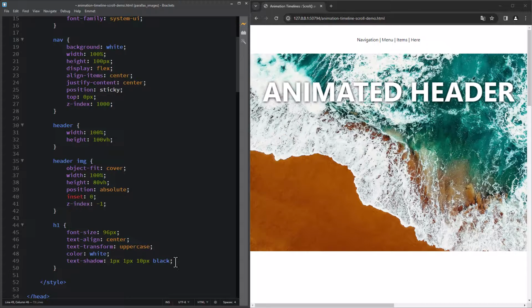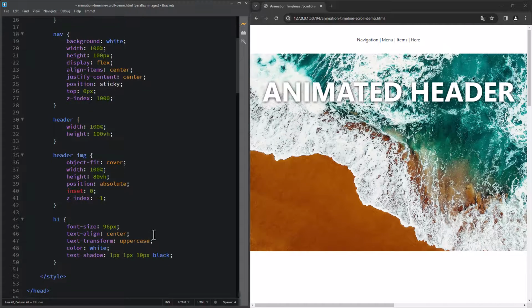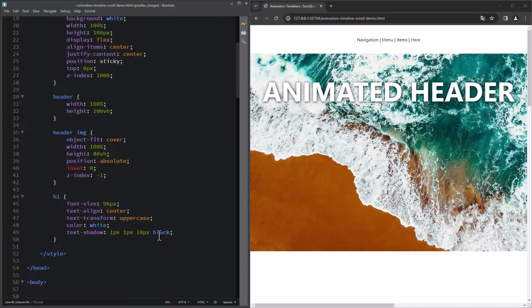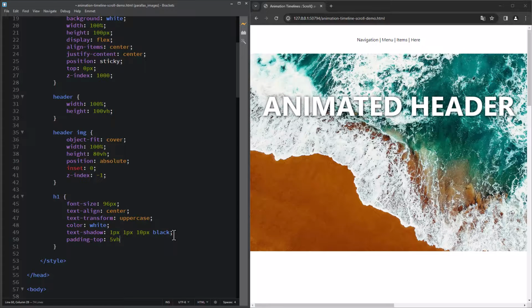And of course, when the color is white, sometimes you can't see it as well, so adding a little text shadow will help have that pop out. I would like it a little bit further down on the screen, so I might add just a little padding on the top of that, maybe 5